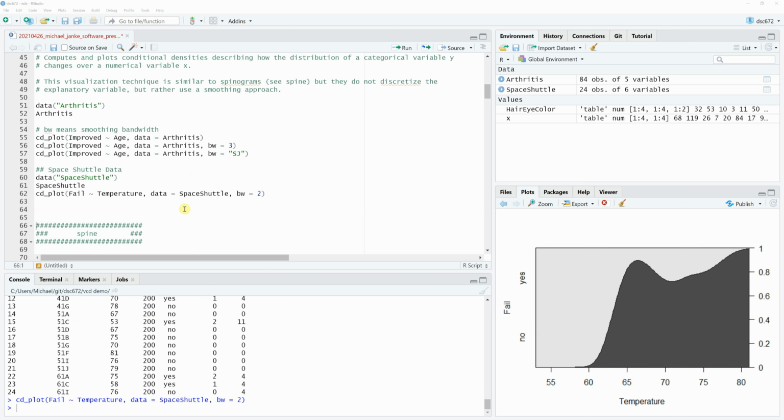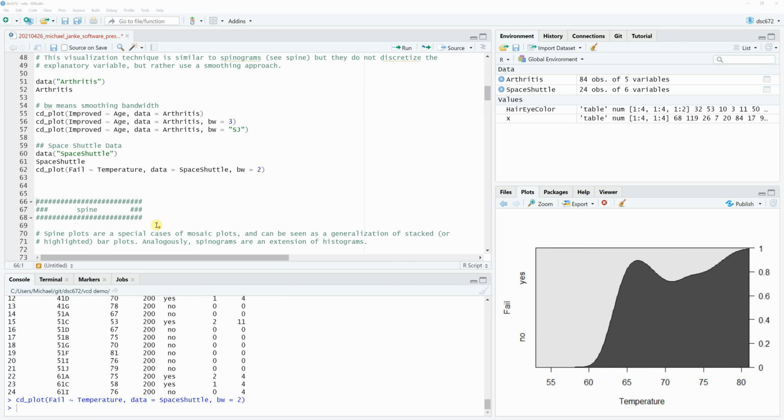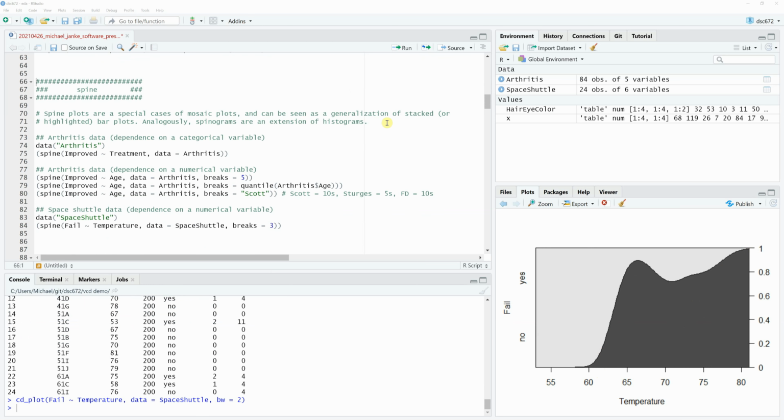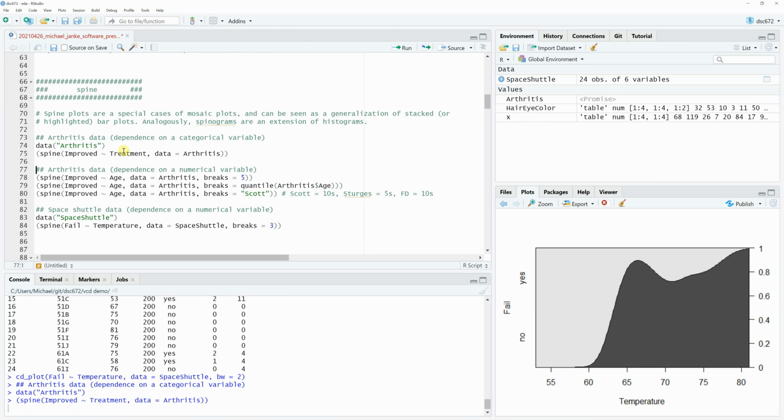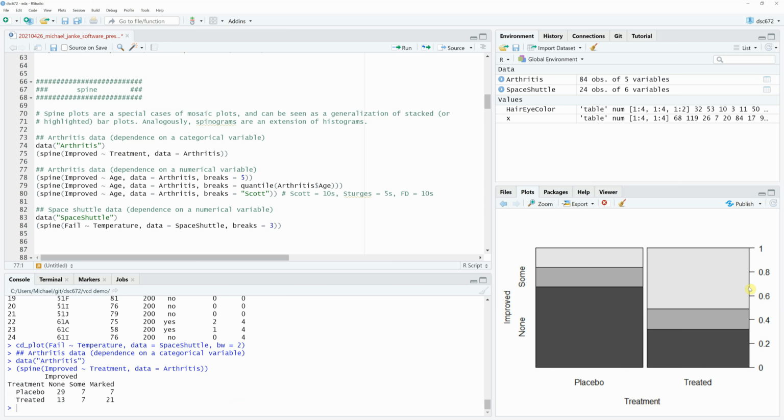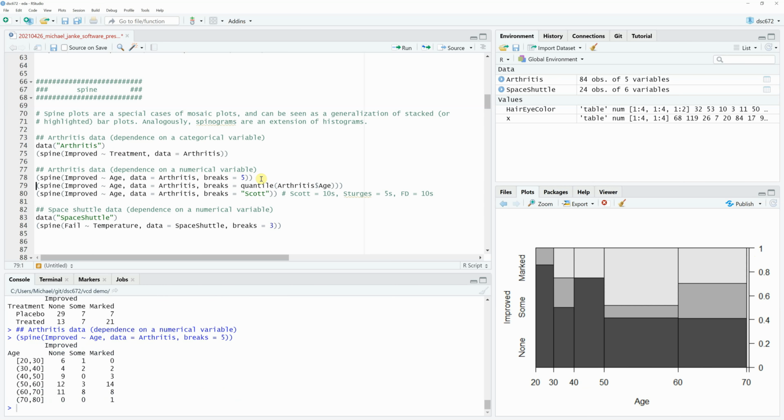Another plot that compares numeric versus categorical is the spine plot. As you see, it's really a set of stacked bar charts that are divided along the numeric variable. It could be a kind of stacked histogram too, if you want to think of it that way. So we'll look at arthritis again. Here we're going to look at improved versus treatment. We see again the percentages up to 100%. With the placebo, there's a big difference from the treated group; there's a lot more no improvement than in the treated group. But if we look at the same variables we looked at before in the CD plot,